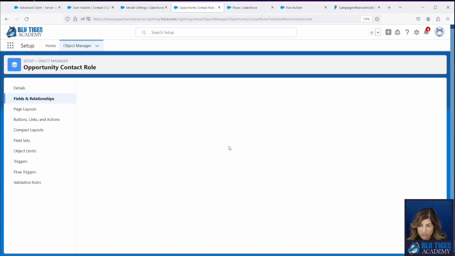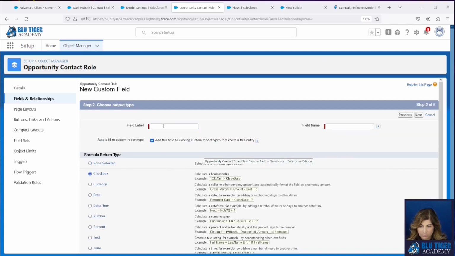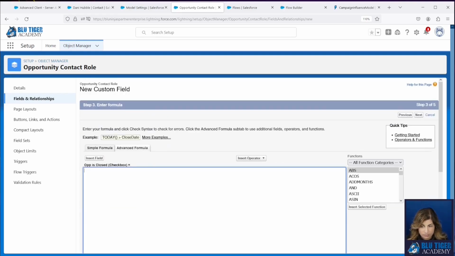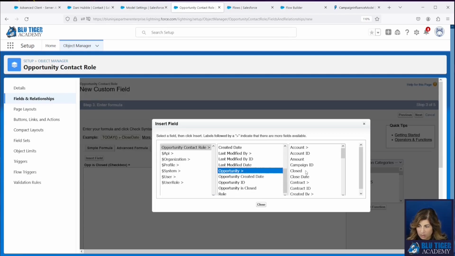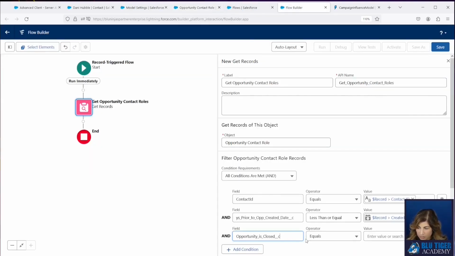I can show you how to do that. Then you're going to look for opportunity closed. This is the standard closed checkbox that's on the opportunity, and that's all you need in your formula field. Then you'll use that field over here.